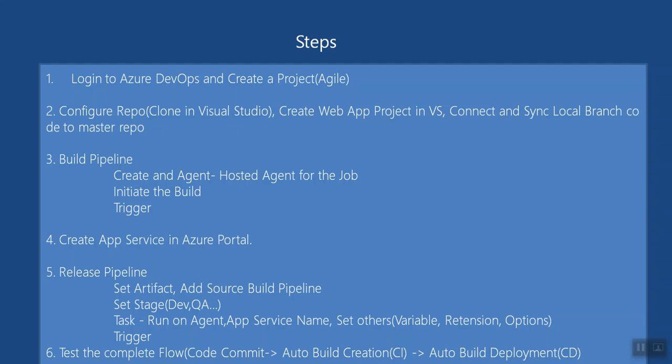Using this build pipeline in Azure DevOps, we'll see there will be options to create a build pipeline. There is a concept of an agent, a hosted agent, you can say, and we have to select a template, depending on which kind of application we are talking about: ASP.NET, Azure Functions, containers, or Java or PHP.